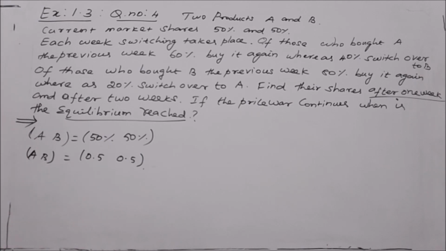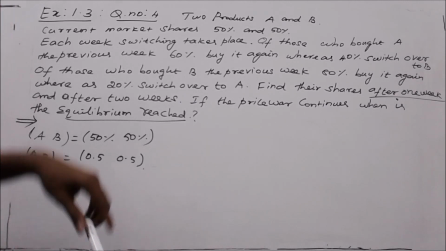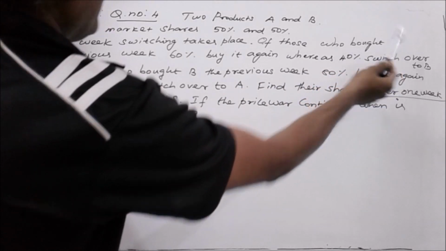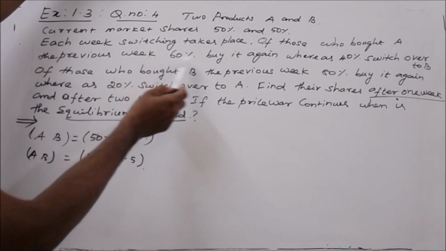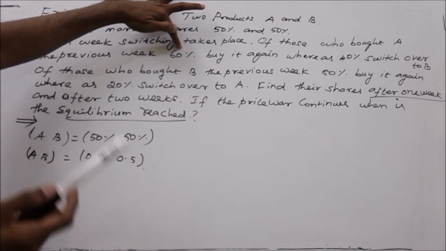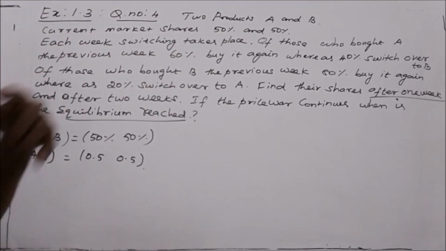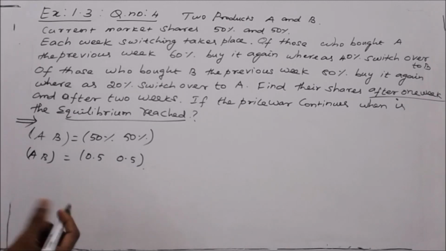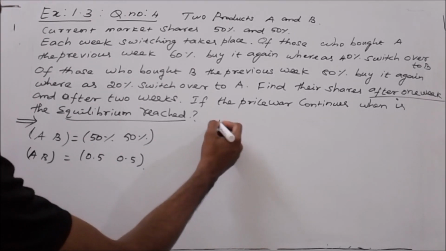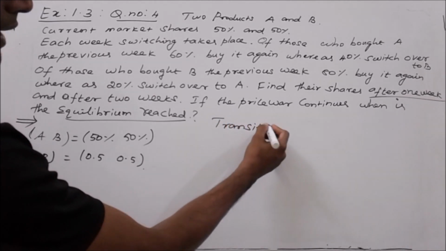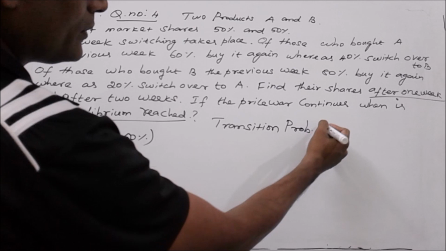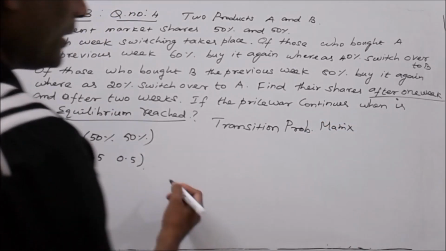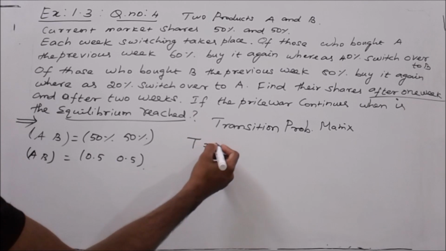Then there is a switching every week. That is a transition. The first transition happened. Who bought A the previous week, 60% buy it again. So 60% buys A again and 40% switch over to B. So the transition probability matrix T is equal to